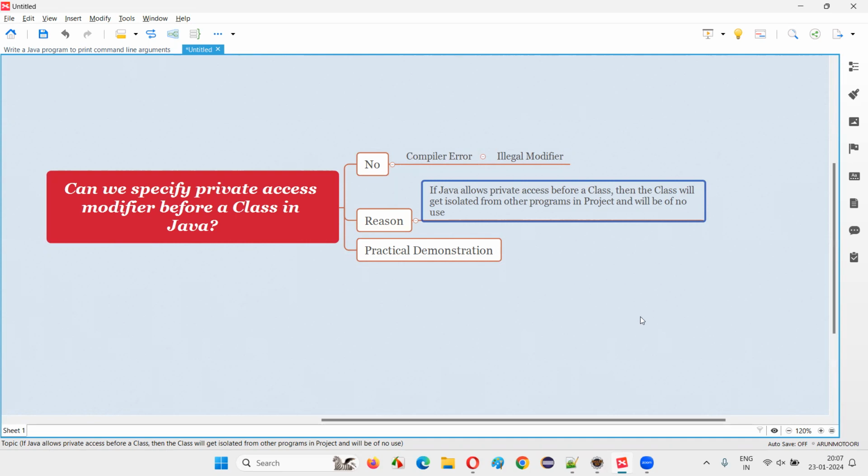The reason behind that is if you make the class itself private, no one can access anything from that class. The class will become isolated. If Java does so, the class becomes isolated from remaining programs in the project, and there is no use of creating the class itself. Okay? The class itself is private. Who is going to use the class? So hence, we can specify private access modifier before a variable and methods inside the class, but for the class